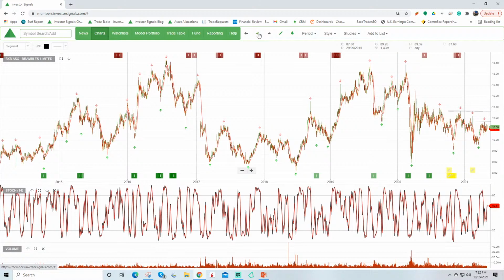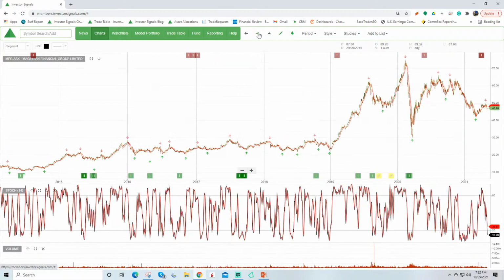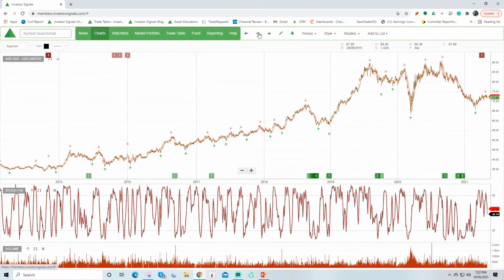Brambles, 5% earnings growth, a little over 2% dividend yield at $10.50. I don't think the downside risk is substantial in Brambles, so you could continue to hold that. Magellan under sell signals there at around $50 as resistance, so we're not doing there. ASX now under sell conditions at around $72. Again, we're mindful that there's not much in the way of revenue growth here for ASX.